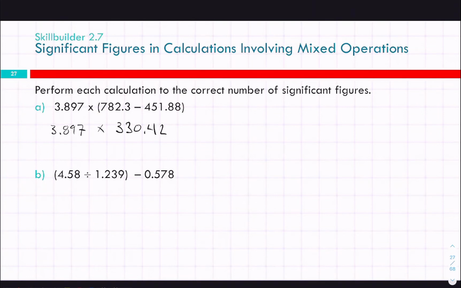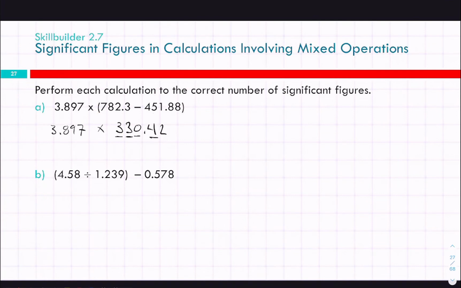Okay, so for our intermediate answer though, how many sig figs? Four. Yes, four, because we did the subtraction, so we're going to keep the smallest number of decimal places. And if this helps, think about it like, if I was going to report this intermediate as a final answer, where would I round it? At this 4. So we're going to keep that one, and everything before that will also be kept as significant. But now we keep that whole number. So I'm going to use the whole 330.42, multiply that by